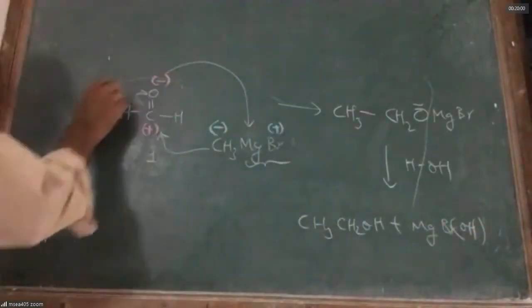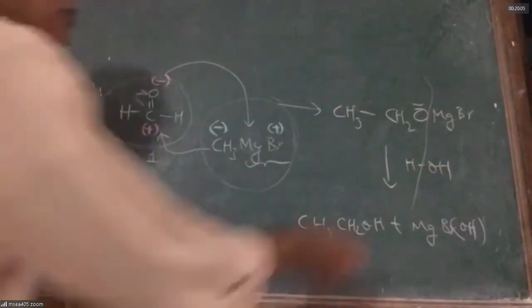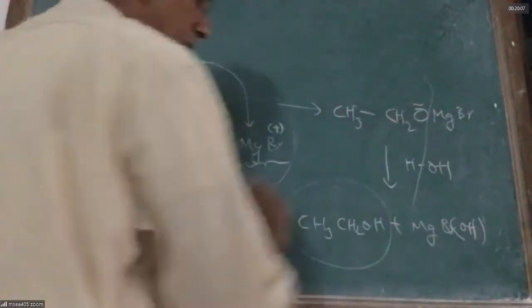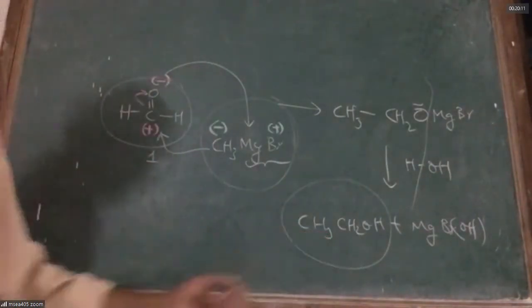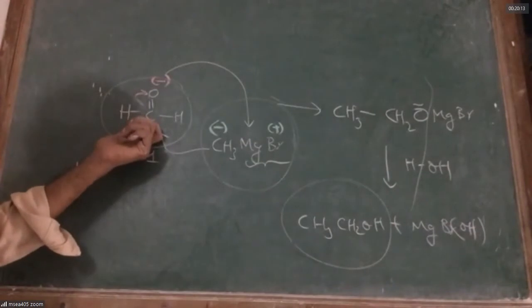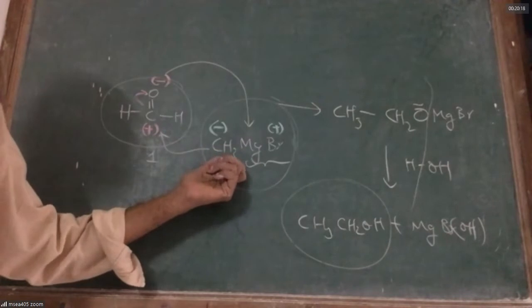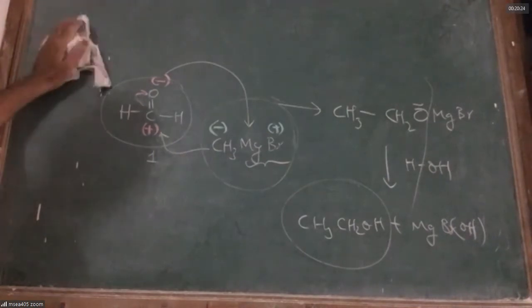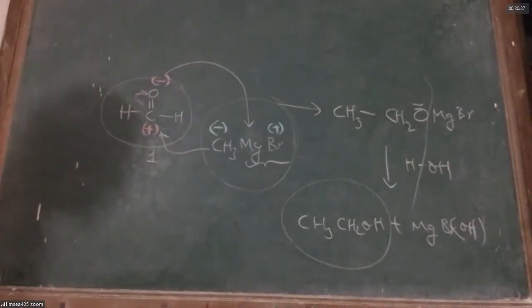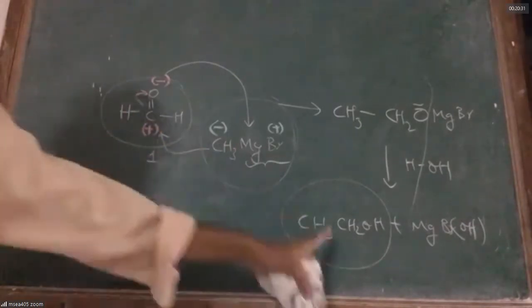So whenever I start with formaldehyde, any Grignard reagent reacts to give a primary alcohol. The number of carbons in the primary alcohol produced is equal to 1, that is from formaldehyde, plus X, which is there in the Grignard reagent. Now let us extend this idea. I should always start with formaldehyde if I want a primary alcohol.